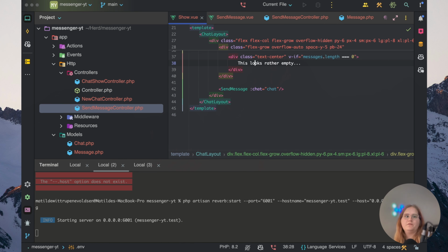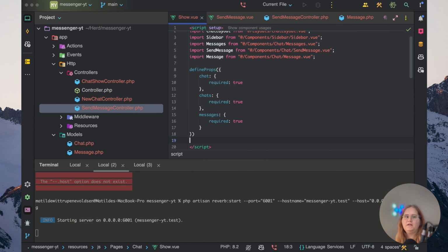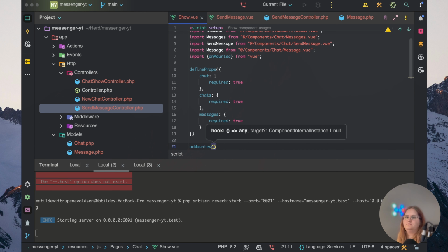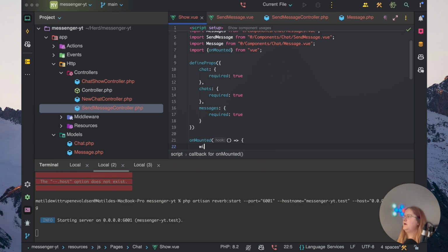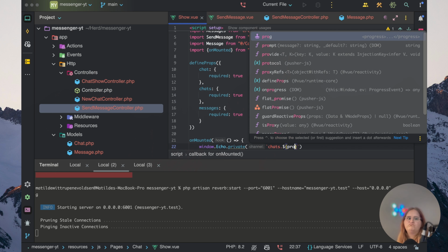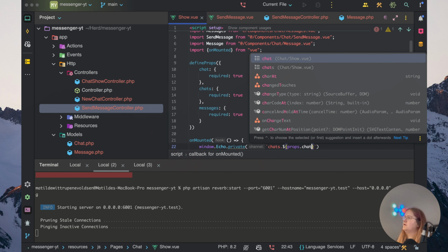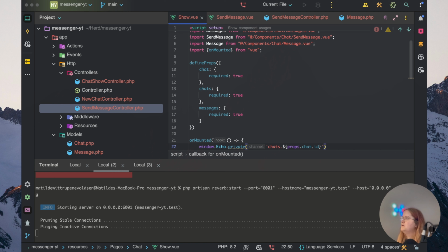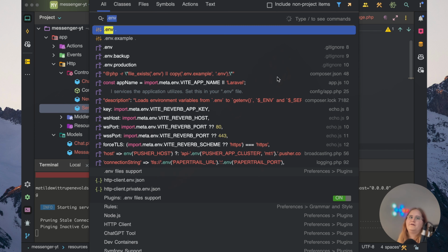Alright, so now let's go into our show page here. In here we want to have onMounted, and let's just have a window.Echo.private. In this case we want to go to the chats, and we want to have chats and then props.chat.id, and inside our